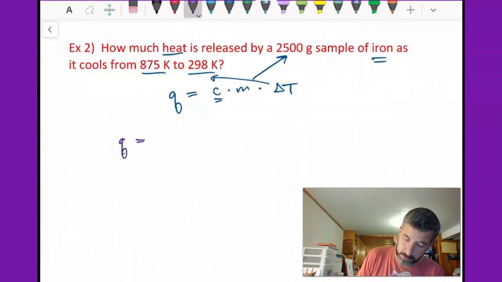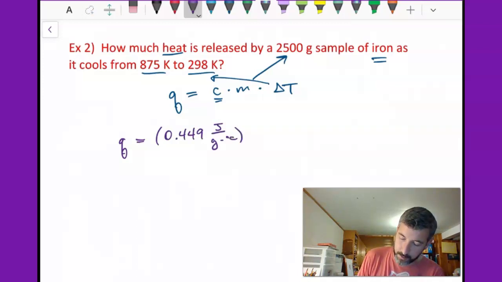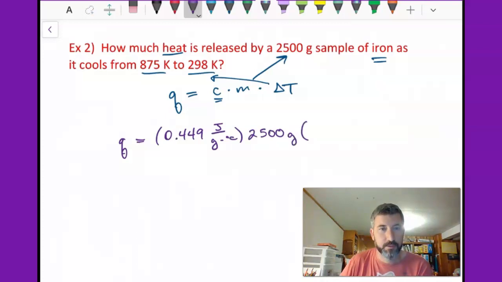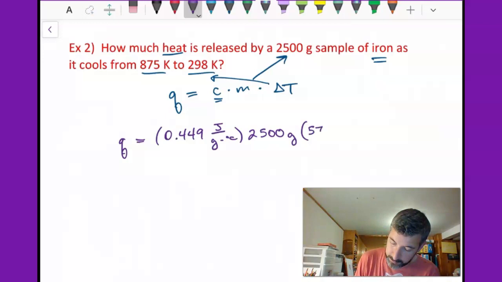So I'm going to say Q equals, and our C is 0.449 joules over grams times degrees Celsius. Our mass is 2,500 grams. And our delta T, go ahead and do the subtraction real quick. What's our delta T going to be? Okay, so I got 577